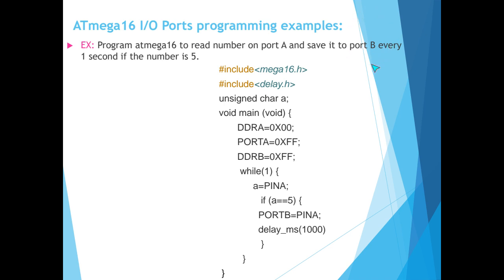For configuring port B as output, we use the DDR register, okay? And for input, we write 0. For configuring as output, we should write which logic number? We should write all of the bits equal with